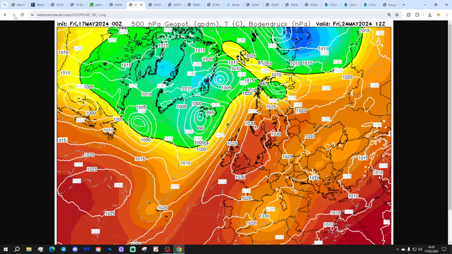So as we go to the end of next week, as far as we get to, it's a big day next Friday, 24th of May. Quite a big area of high pressure taking over then, turning drier and warmer with the ICON model by the time we get through to the end of next week and into the bank holiday weekend as well. That could well set up quite a warm, if not quite a hot bank holiday weekend with that.